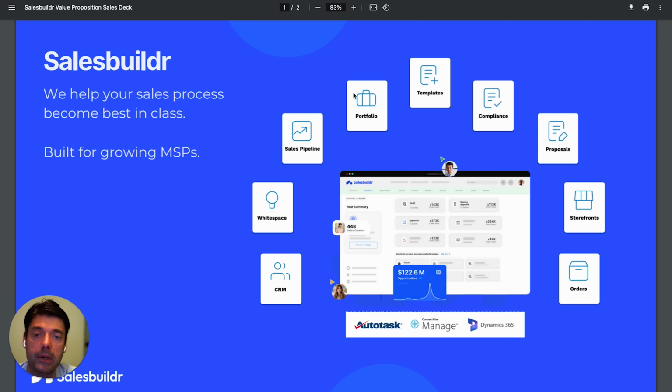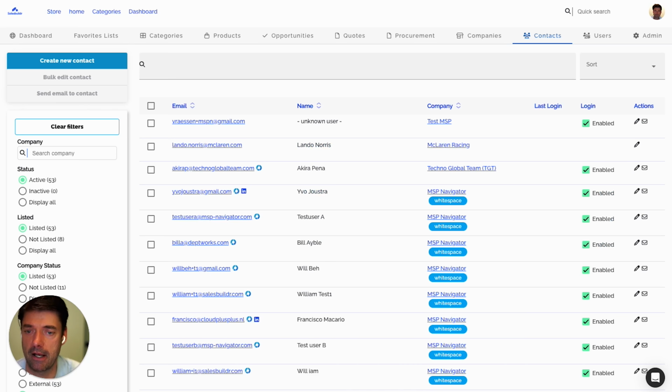We're going to see how we can manage what we sell using the portfolio that we can program and configure to be standardized for the whole organization. And then we're going to look at how to manage your templates and approval rules, sending a proposal. We're going to check out the storefronts and the orders, which is creating an approved quote and turning it into a post-sale ticket. Let's start with looking at the CRM, and I am now logged into our instance that's connected,